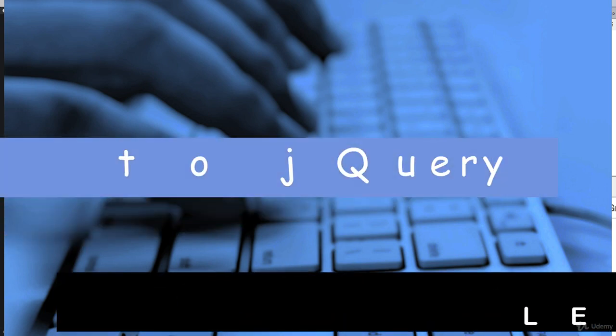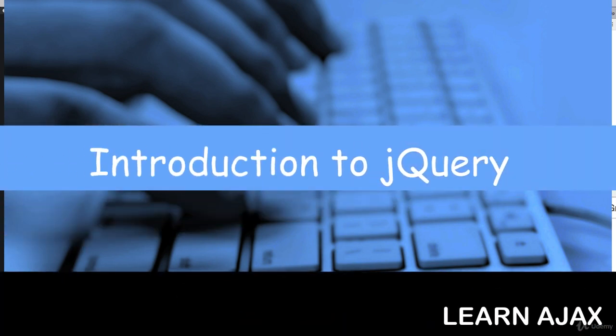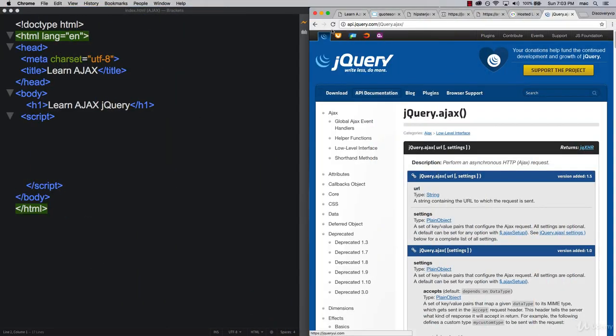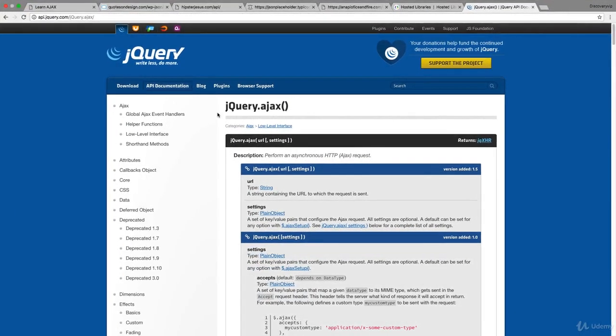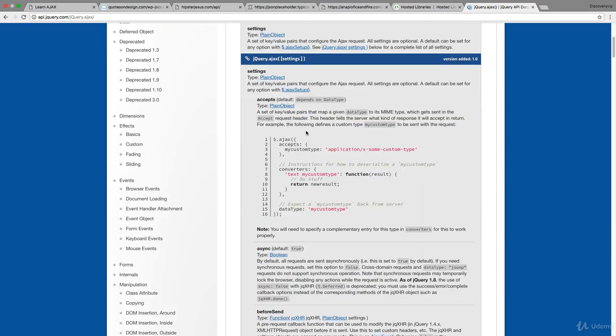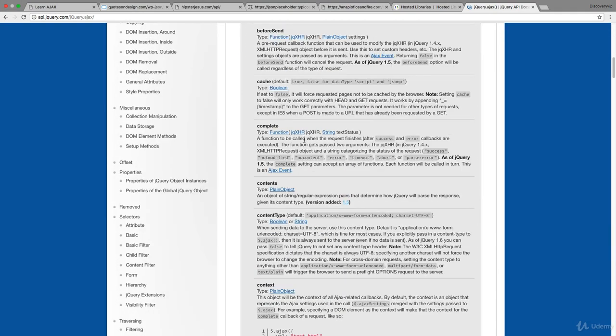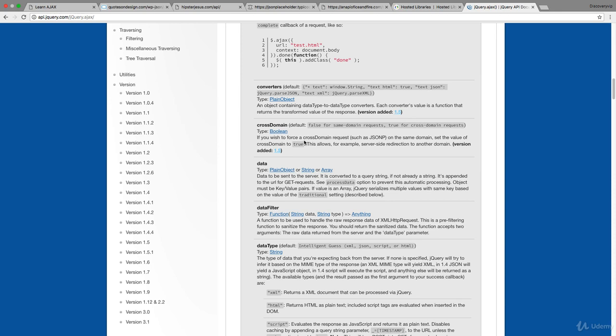Hey there, and in this lesson we are going to be looking at jQuery. So you probably already heard of jQuery. It's the most popular JavaScript library out there, and one of the things that it does really well is it does Ajax super easily, and it works across browsers, and basically it shortens that XHR object into just a few